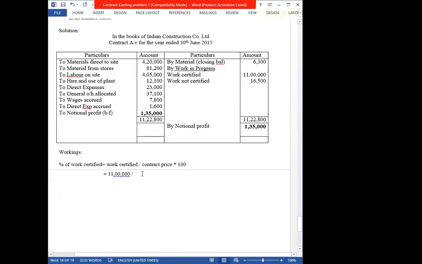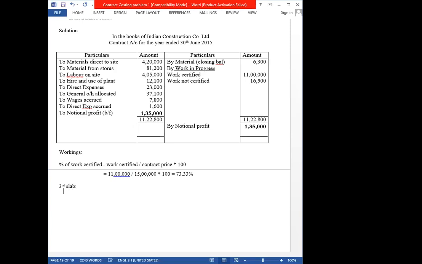So I am bringing that. Take 15 lakhs into 100. So how much is it coming? It is coming 73.33 percentage. Now decide the slab. What is the slab? First slab will be less than 25 percentage. No, it is 73 percentage. Second slab is 25 to less than 50 percentage. No, it is not coming in the second slab. Then third slab. Third slab will be starting from 50 percentage to less than 90 percentage. So this falls under third slab.